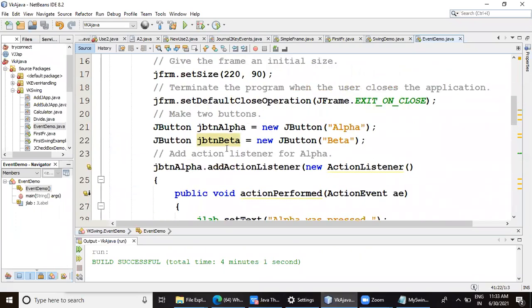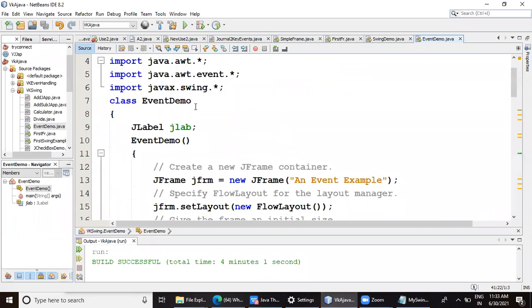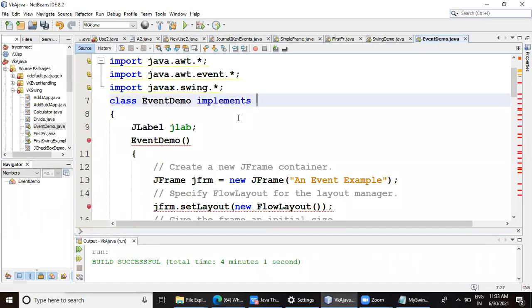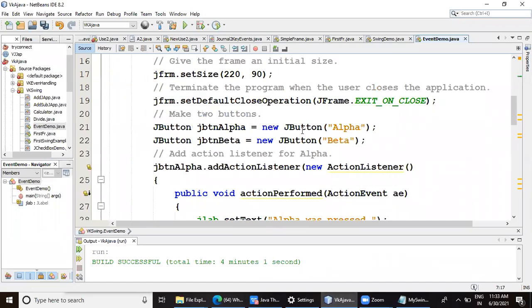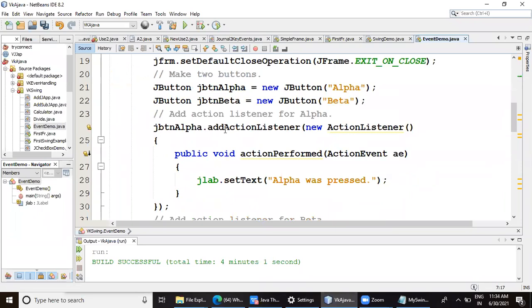Our normal way of writing would be, when we created a class, we would have written implements ActionListener, isn't it? But have we written it here? We have not written. Why have we not written it here? When we implement ActionListener, while registering with the listener, you remember we used to say, suppose this is a button name, addActionListener, and we would say this.